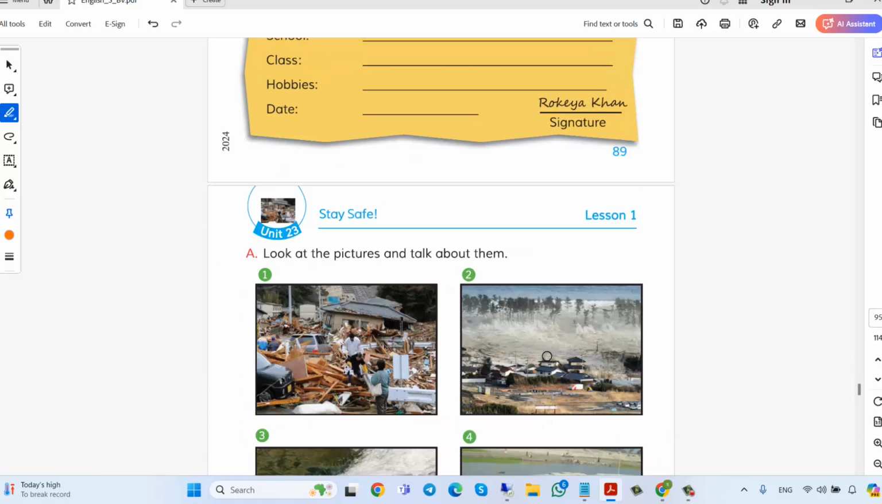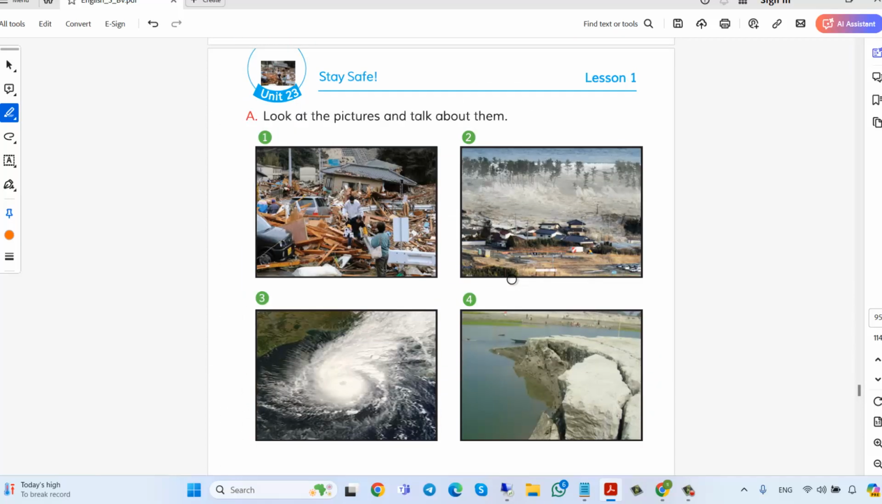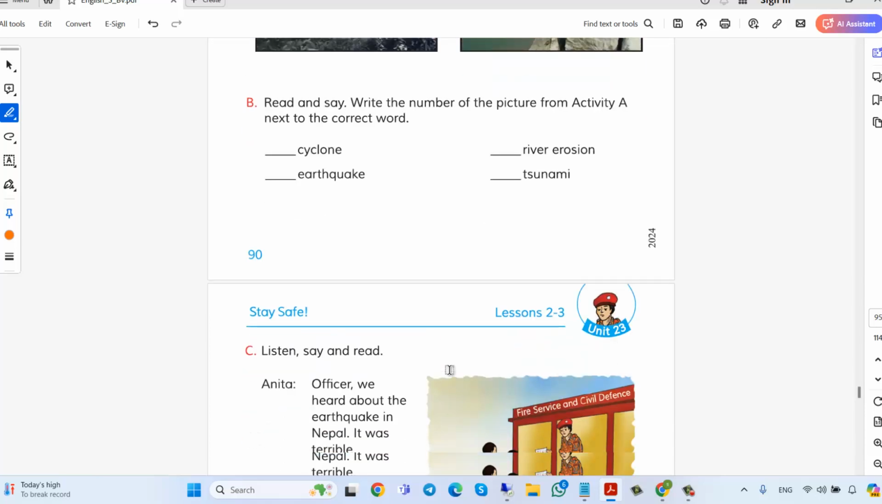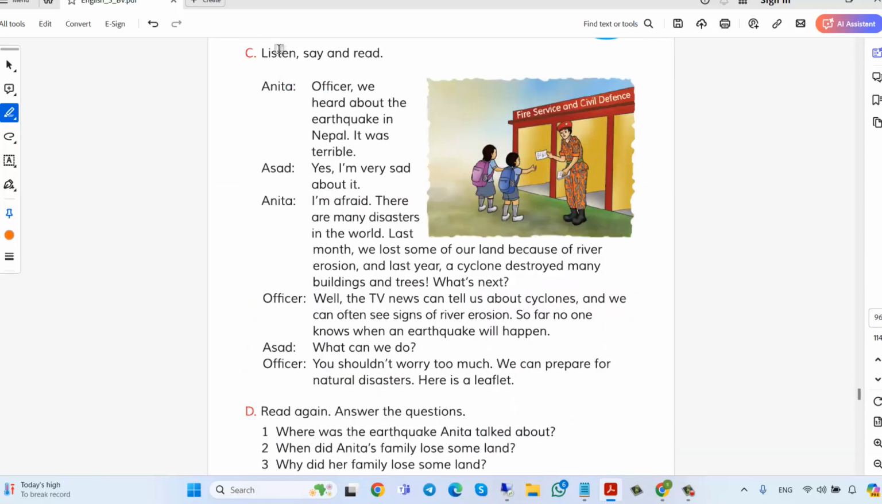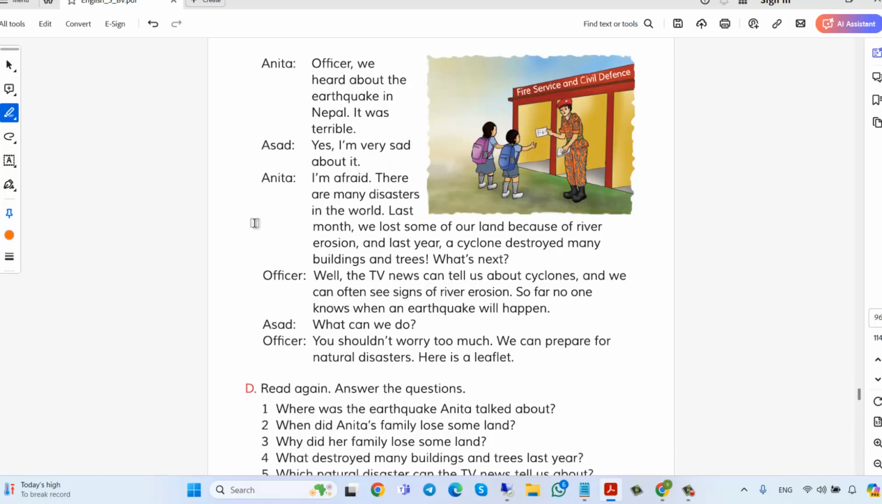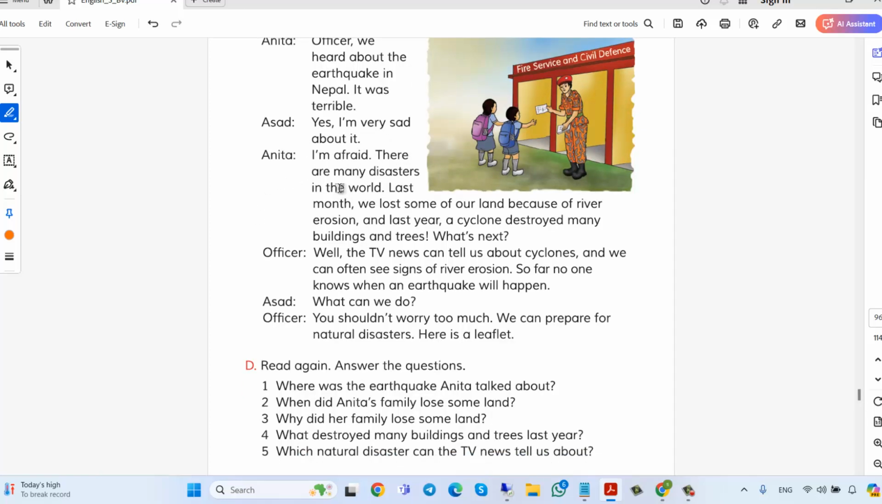Okay, look at the picture and talk about them. Listen, say, and read. Okay. Anita: Officer, we heard about the earthquake in Nepal. It was terrible. Asad: Yes, I'm very sad about it. Anika: I'm afraid there are many